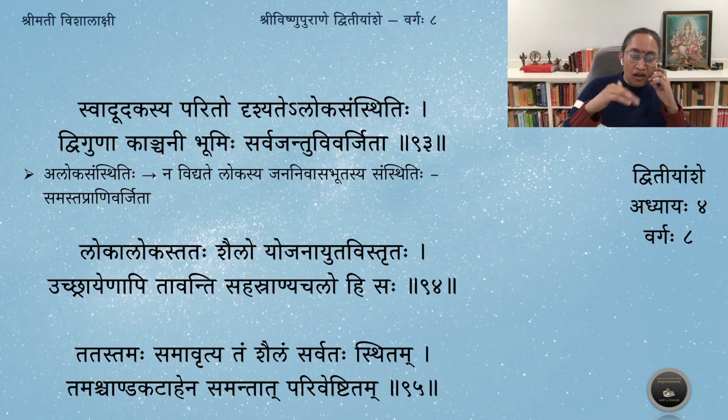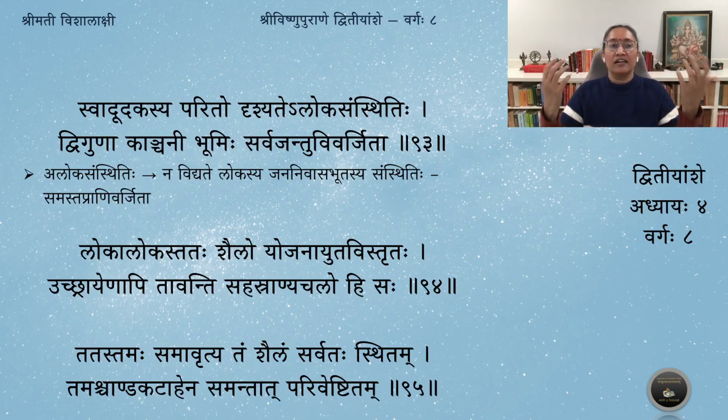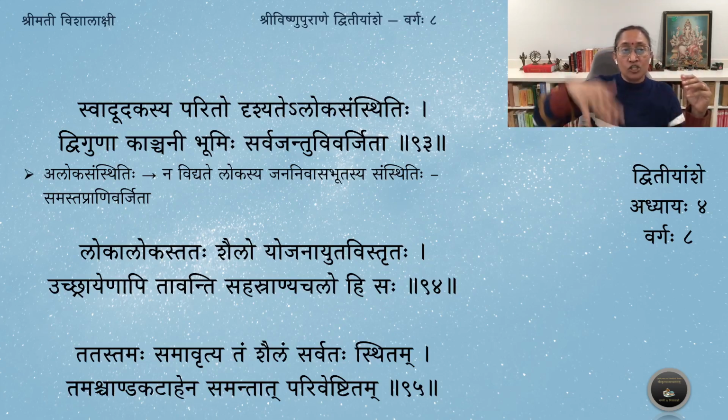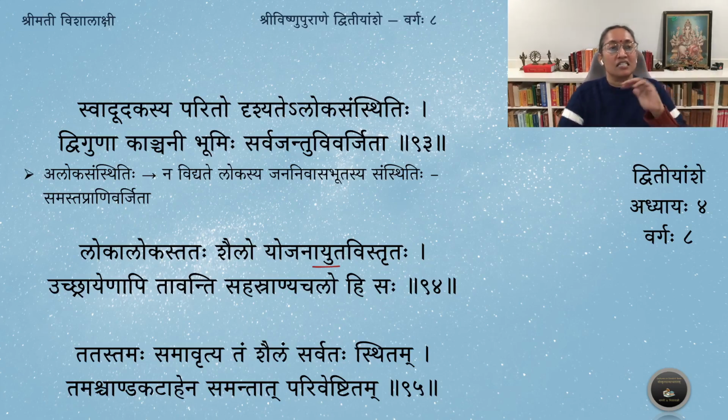So this is Tatah Lokalokah. Loka, Aloka. Usually in Gerindita you find the Surya Udayah takes place at this Lokaloka Parvata itself, it is heard in the Surya Shatakam also. So Yojana Ayuta Vistritah: the breadth of this mountain Lokaloka Parvatam is 10,000 yojanas. Uchrayena, in height also, tavanti sahasrani, ayuta sahasrani iti, 10,000 in height also. Saha achalah Lokalokah vartate.